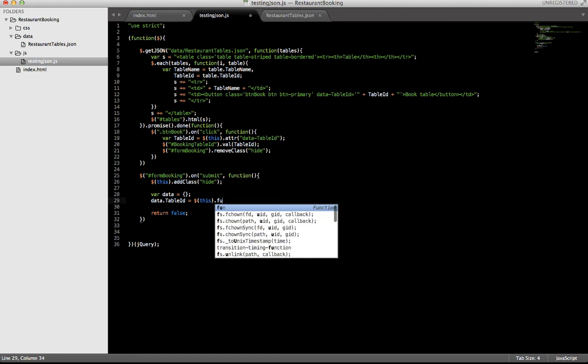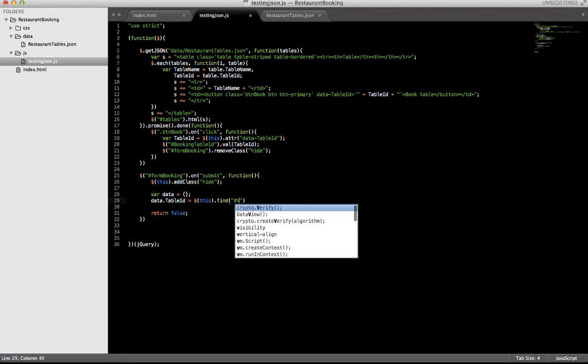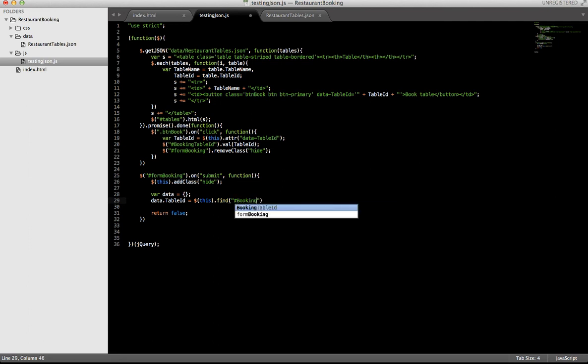We would like to find what is inside the booking table ID, the value of that. But right now we are doing something that is not efficient. We are repeating this, and every time we make a lookup in the this object,